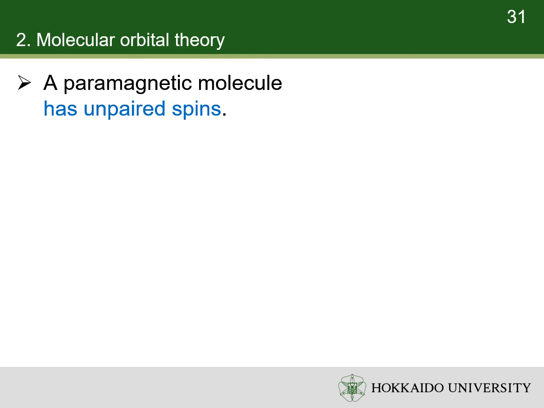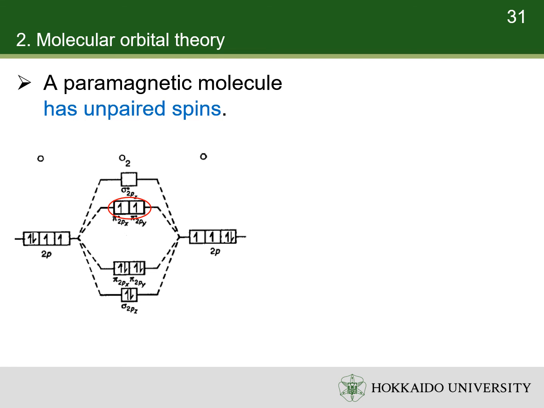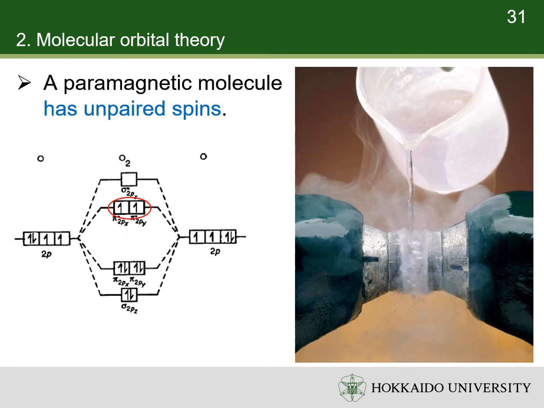The paramagnetism is caused by the unpaired spins. Unpaired spins have the tendency to be aligned in the direction of external magnetic field. For example, an oxygen molecule has two unpaired spins. More oxygen molecules have their magnetic dipoles aligned in the direction of the external magnetic field than those in the opposite direction. The paramagnetism of oxygen can be observed in such experiment.